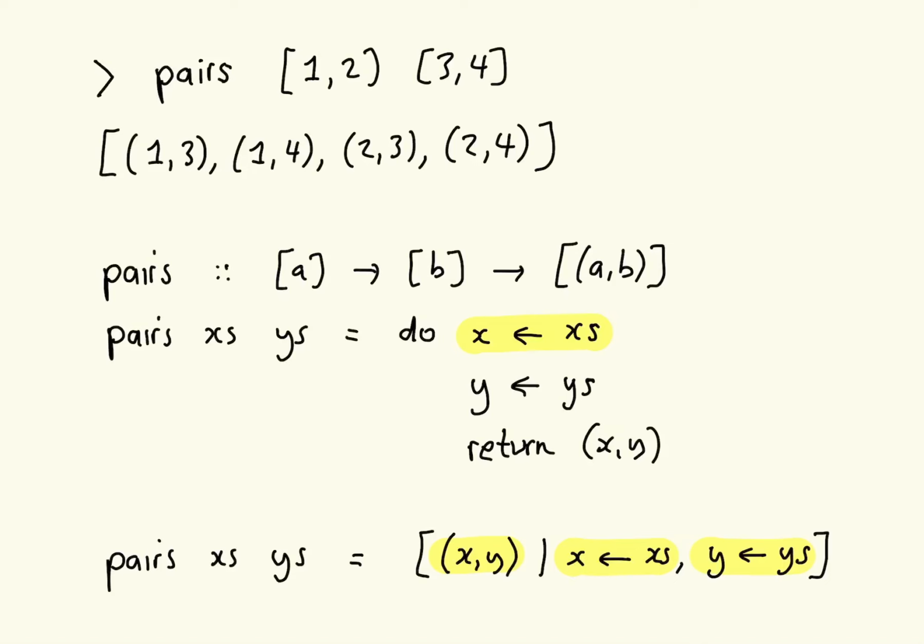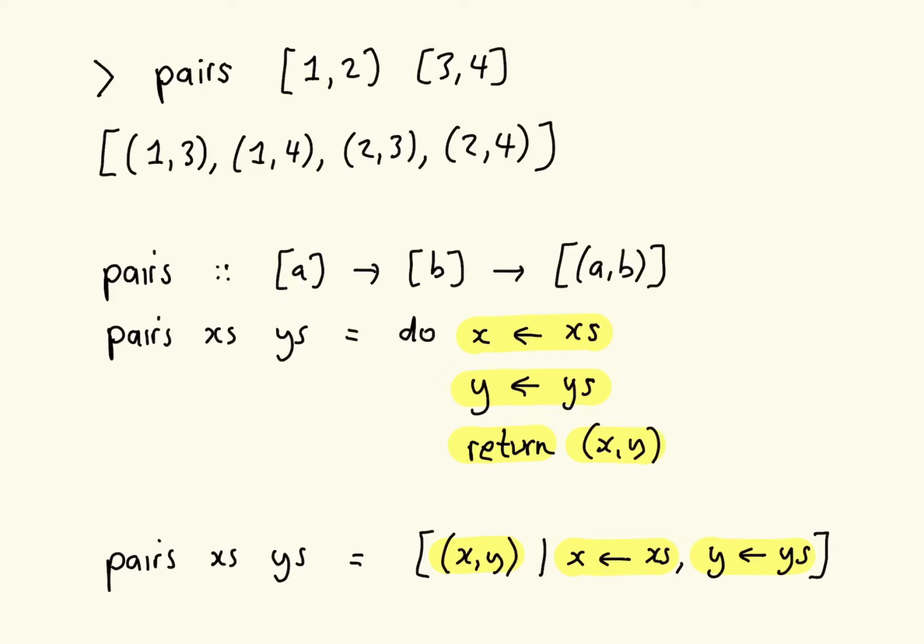We have a generator for x, a generator for y, and then we're packaging the two components up and we're returning them. And you might say, well, why do I need all this labor of this fancy do notation and monads? Why can't I just define this using list comprehensions? And of course you can. These two definitions are essentially equivalent, but there's a big important benefit of using the do notation, and it's that